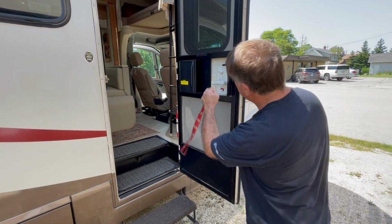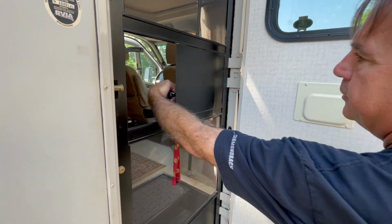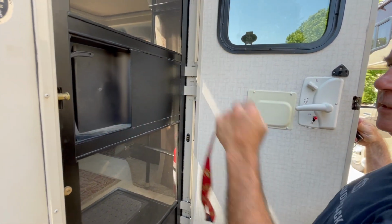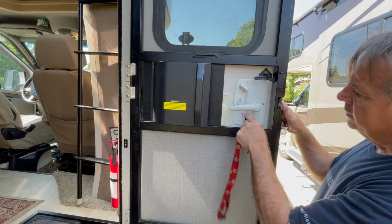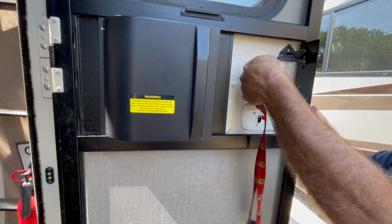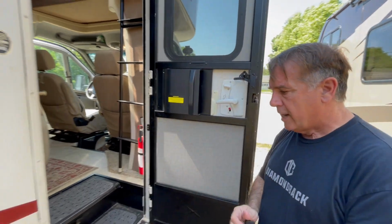When you open the door, you've got an option to just have the screen. If you reach inside, there's a bug shield, and that'll keep you bug free and let some air flowing through the RV. That'll latch right here. You can also, when your door is closed, lock the lower lock or the upper lock. And here's your handle to open the door. On the inside,